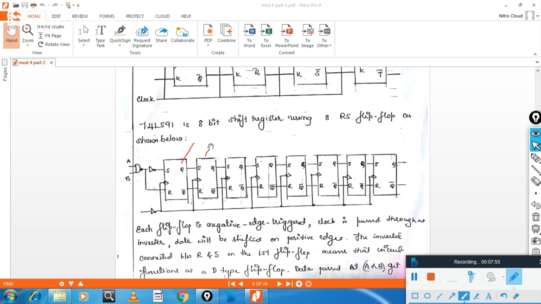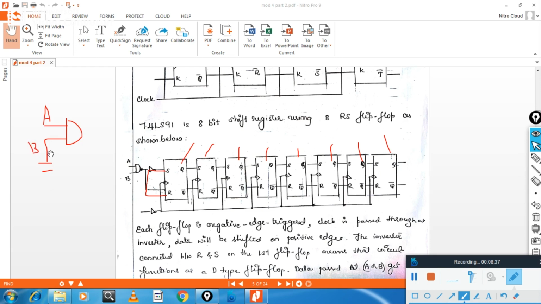Here 8 flip-flops are there and all are SR. We want to pass serial data, that's why we convert this into D by using an inverter between these, along with the NAND gates and inputs A and B. These inputs A and B you can use for control purposes. For example, I can connect the input here and make input B ground.